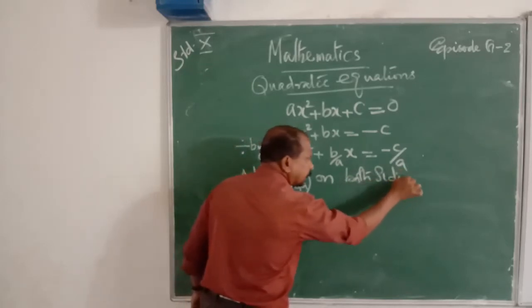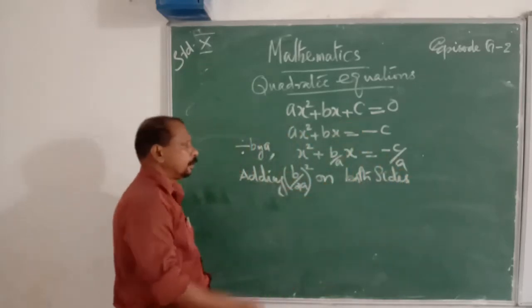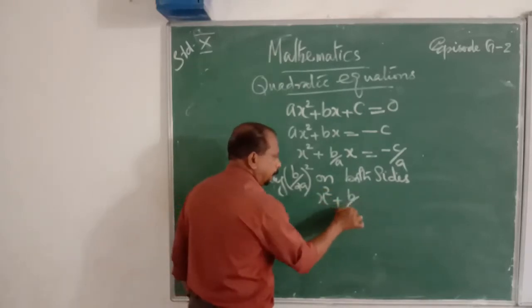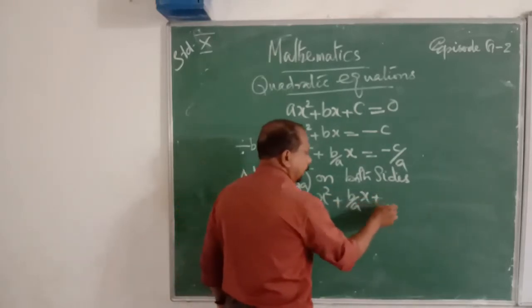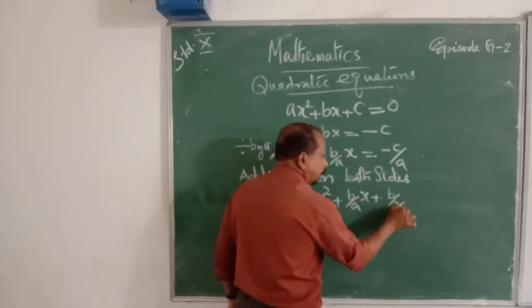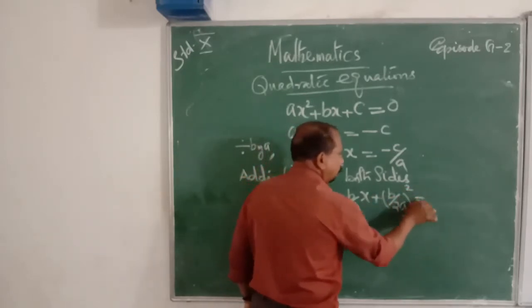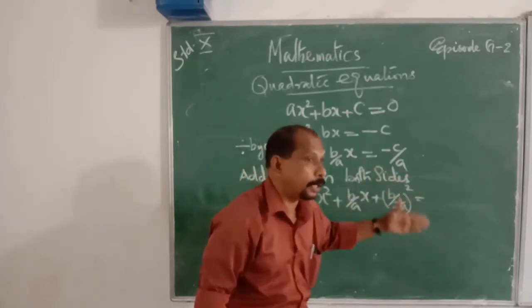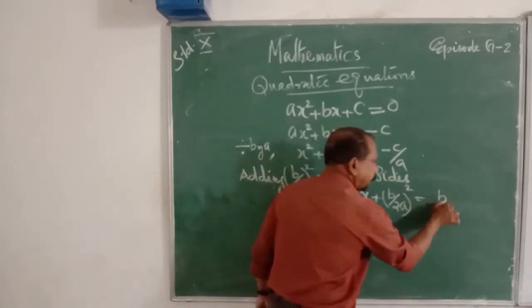This is the process for completing the square. That is x square plus b by a x plus (b by 2a) the whole square is equal to, on the right side, (b by 2a) the whole square, that is b square by 4a square,